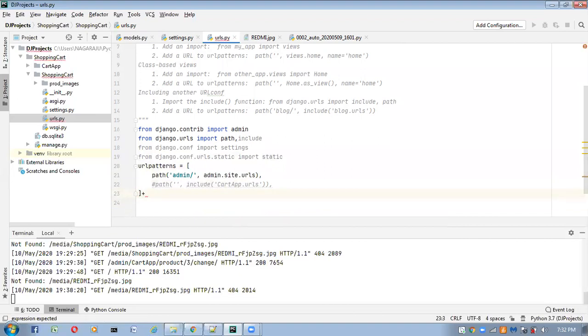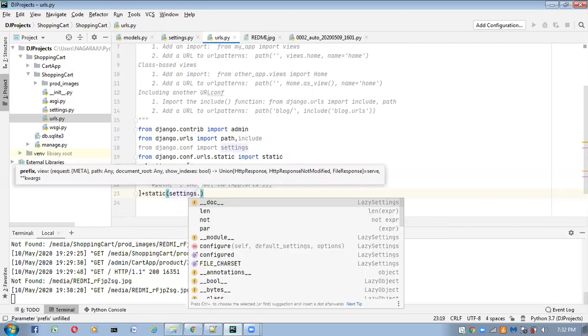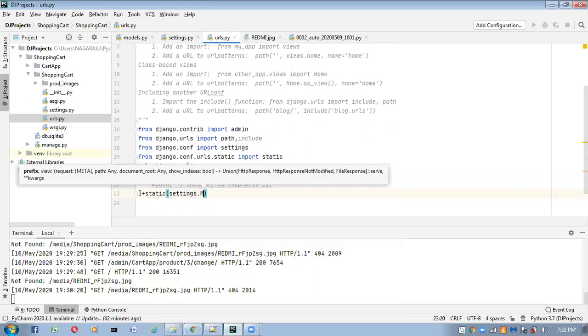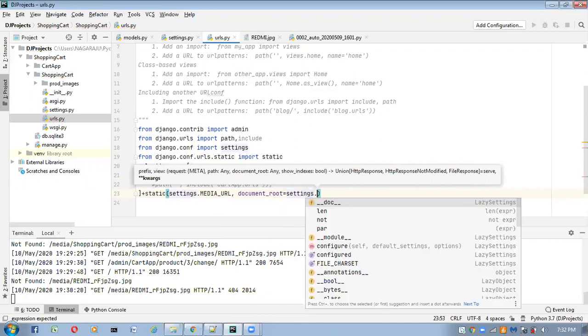Plus static of settings.MEDIA_URL, comma, document_root equal to settings.MEDIA_ROOT.